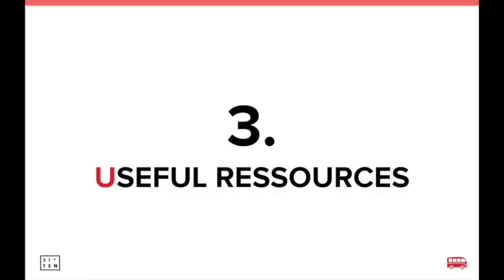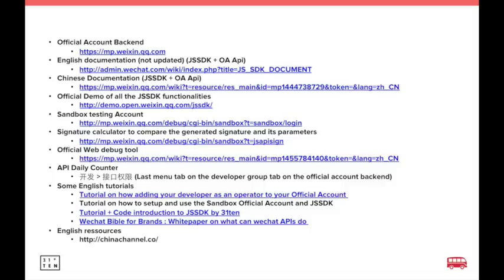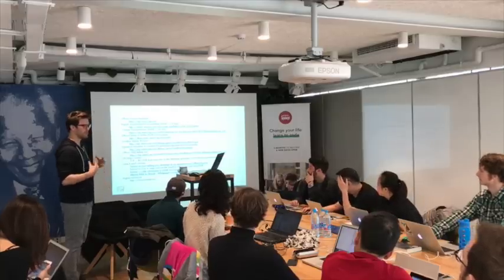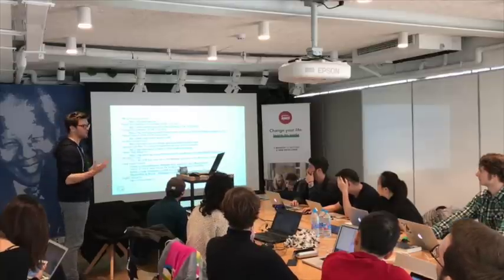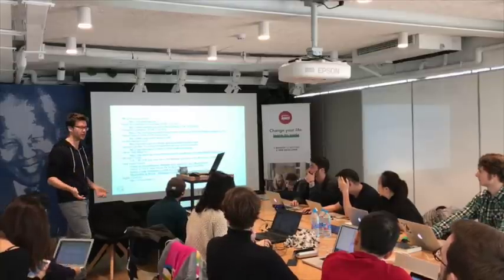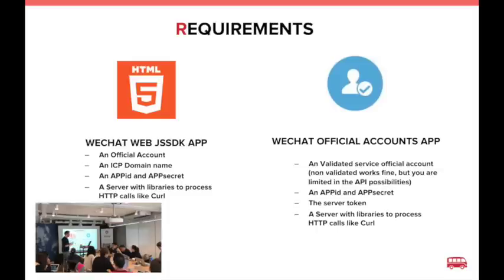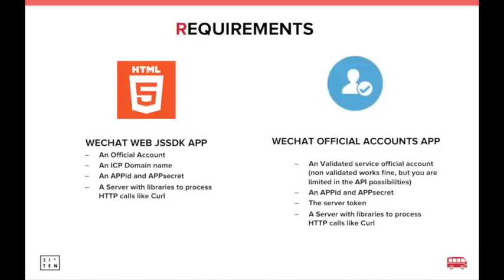Also important: before starting coding, some resources. Those are all the resources I think are important, and that's going to be inside the PDF. The PPT we're going to send to all of you. This part is not for you to write down. It's more that I'm telling you this is going to be inside the PPT. And after that, some requirements: if you want to develop with the JS-SDK API, what you need, and what you need if you want to develop for the official account. Those are the pre-requirements you need. Make sure to have all those.